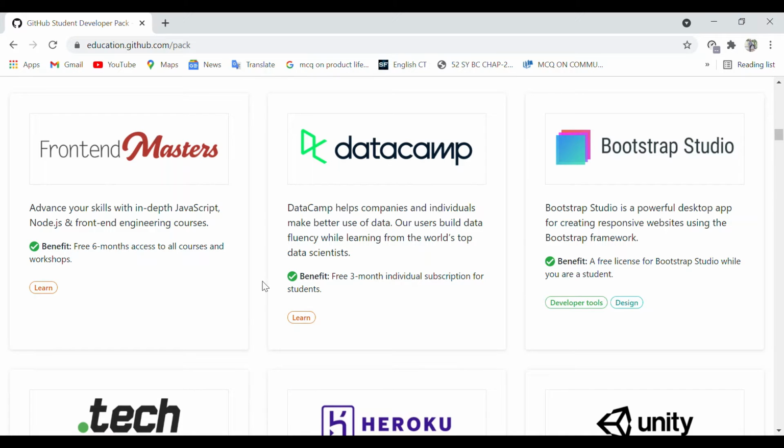And DataCamp also offers you to build data fluency. Bootstrap Studio actually creates responsive websites using the Bootstrap framework.